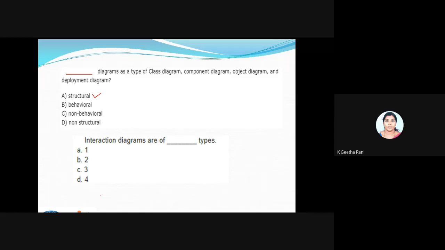Yeah, so it's a very easy question. We have two main types to implement this interaction. We have two UML diagrams, we can say. The two UML diagrams are the sequence diagram and the collaboration diagram. So it's going to fall under two types. So good. You gave it a good try.